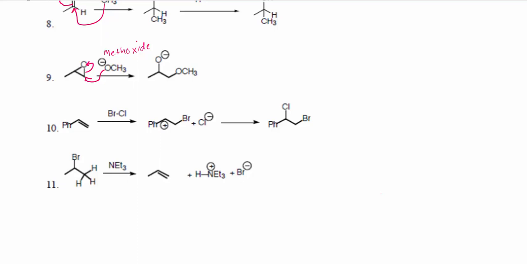But this carbon ends up electrophilic and not sterically hindered. This carbon would also be electrophilic, but because it has this methyl group on it, it ends up sterically hindered. That methoxide is going to have a hard time getting in, which is why the methoxide will open the ring from this side. Number 10, again, we have a pi bond acting as a nucleophile, and it's going to come